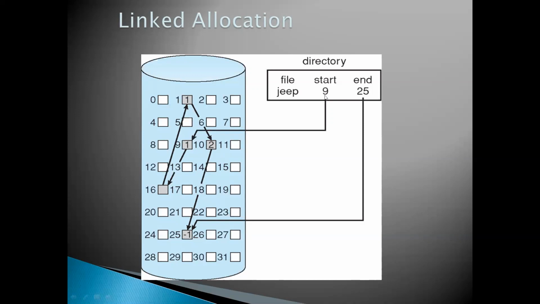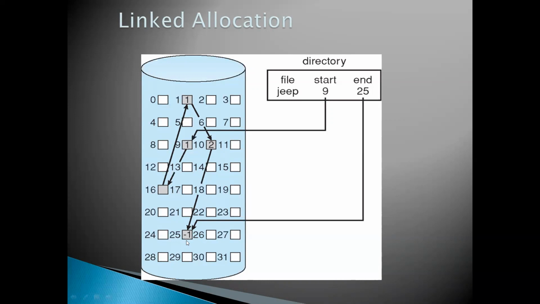Then what will the directory structure maintain? Directory structure will maintain a pointer to the first and the last disk block of the file, which is 9 here for the first, and 25 here for the last. Then what will be there in 25, the last disk block? Usually all the disk blocks will contain pointers to the next disk block, but the last disk block will be storing the value null. It may be storing an end of file entry. This pointer may be initialized to null, or it might be storing an end of list pointer value.